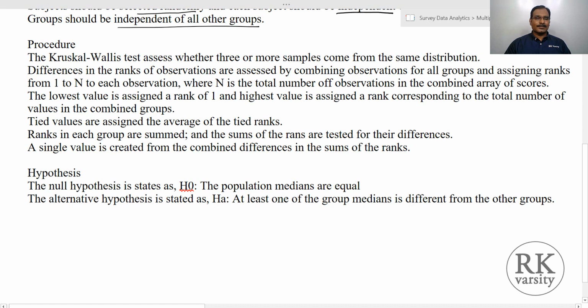Now here is the procedure of a Kruskal-Wallis test. As we are doing it in IBM SPSS Statistics, you don't need to pay much attention to how the actual calculation is done. But if you are interested, you can read some notes or a text on Kruskal-Wallis and its formula and process. But as this lecture is intended to show how to frame the hypothesis, run the analysis and interpret the results, I am not paying any attention to the formula or calculation of a Kruskal-Wallis test.